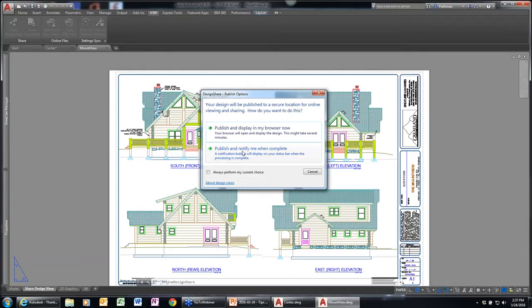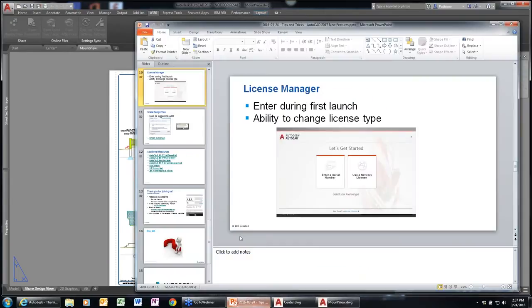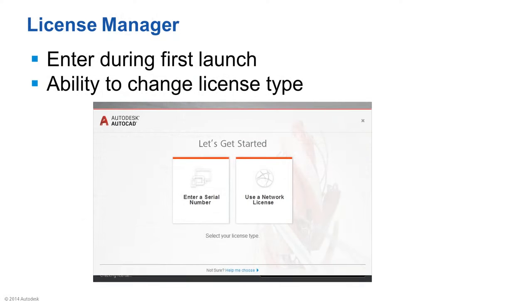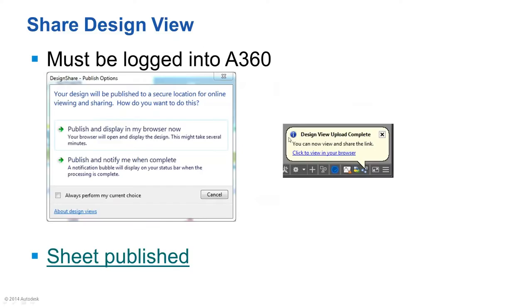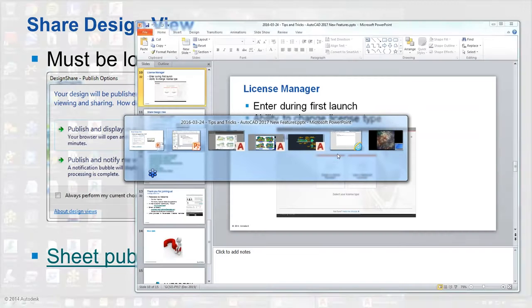This will notify you when the publish is done and give you a link that you can then pick to share with somebody. Like I said, you have the two different options, and if you said to notify you when it's complete, you get a little pop-up in your status bar that says, hey, the publish is now done, do you want to view it? And if you say yes, let's see,